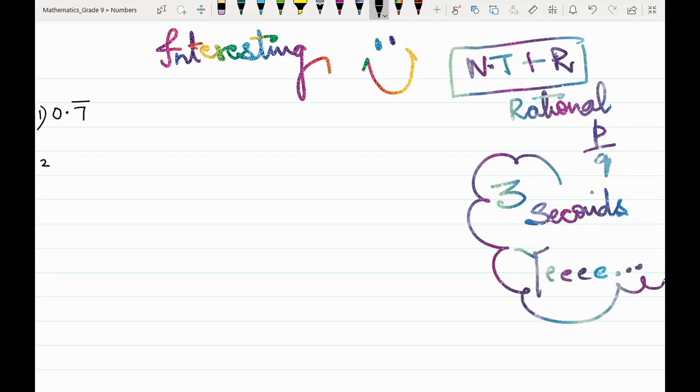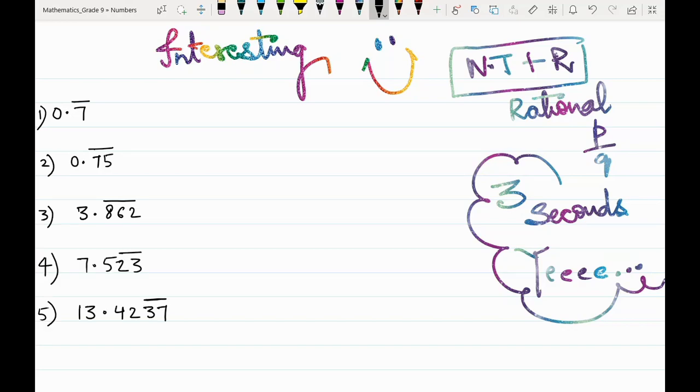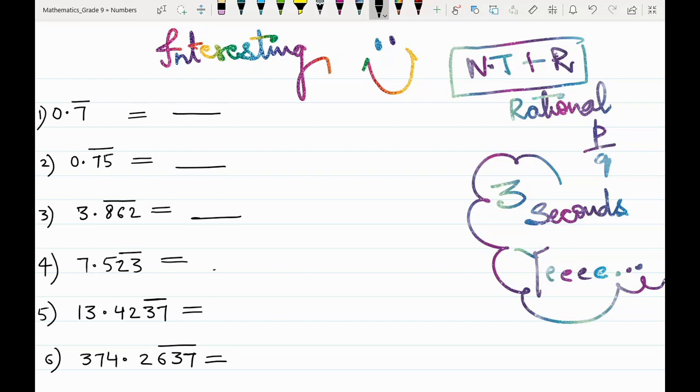Let me take some examples of simple form and mixed form where the bar can be on any number of digits. No worries, you will be able to write any type of number in a bit of seconds. So my numbers are ready and you should be ready now. Firstly, we'll write the denominator, and denominator only deals with the decimal part, and for that you have to put as many nines in the denominator as you have the number of digits under the bar.